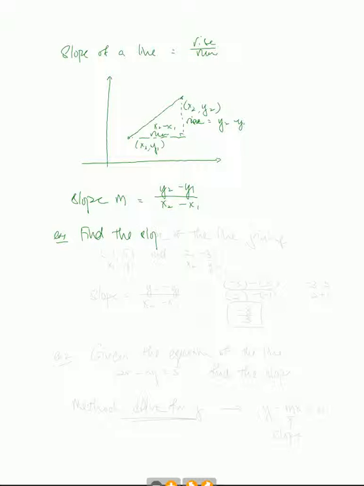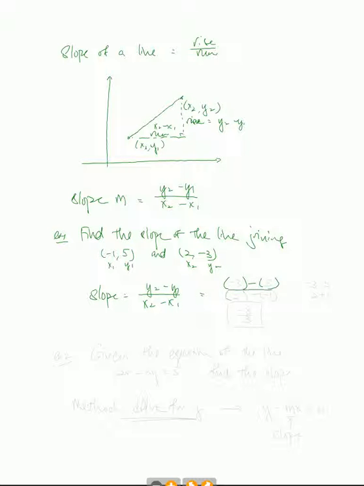Can you find the slope of the line joining, say, (-1, 5) and (2, -3)? You could call this x1, y1, and this x2, y2, as in the x and y coordinates of the 2 points. To find the slope, you're going to use the formula y2 minus y1 over x2 minus x1,